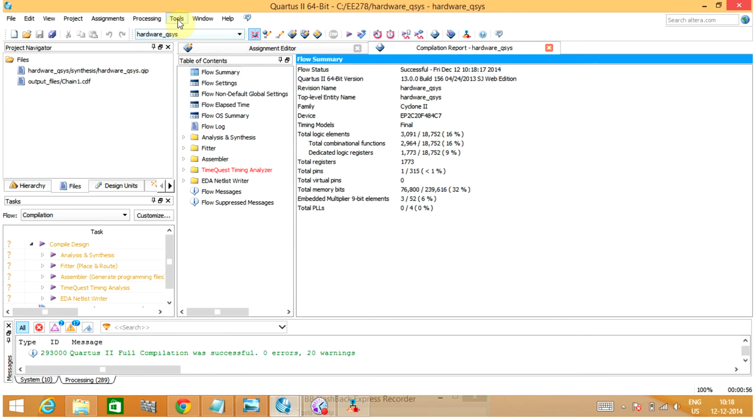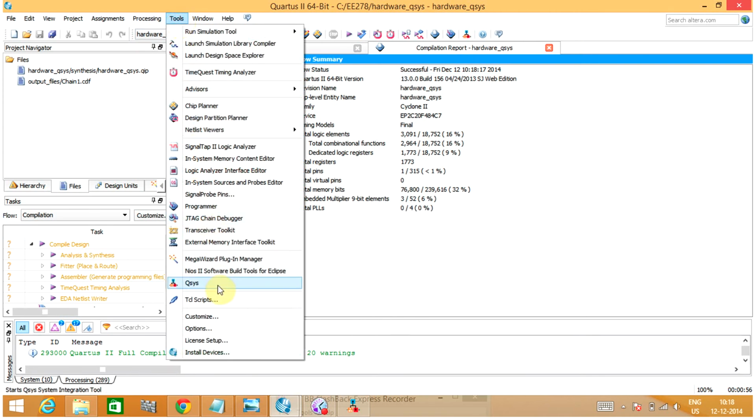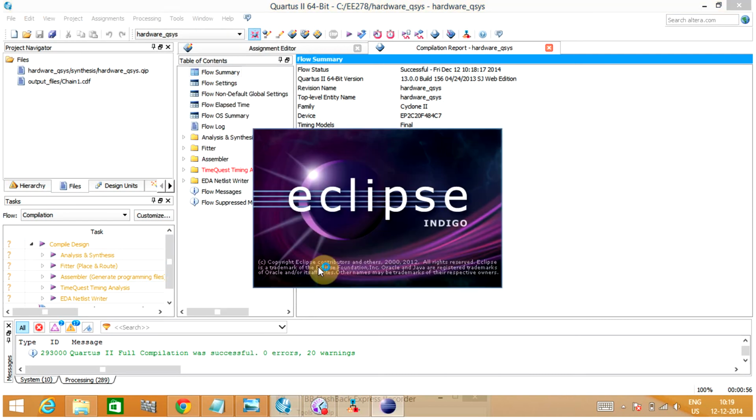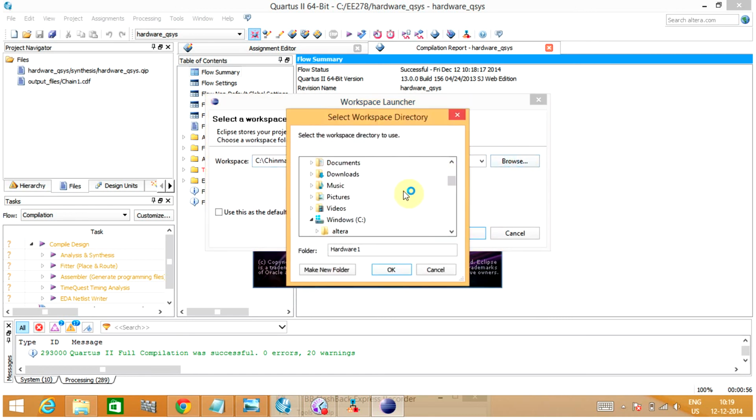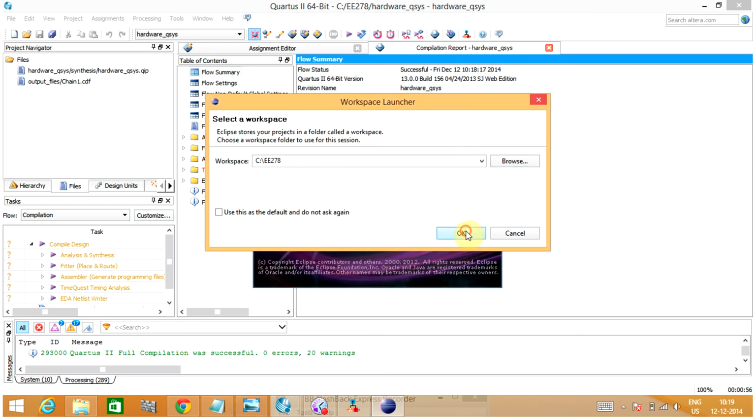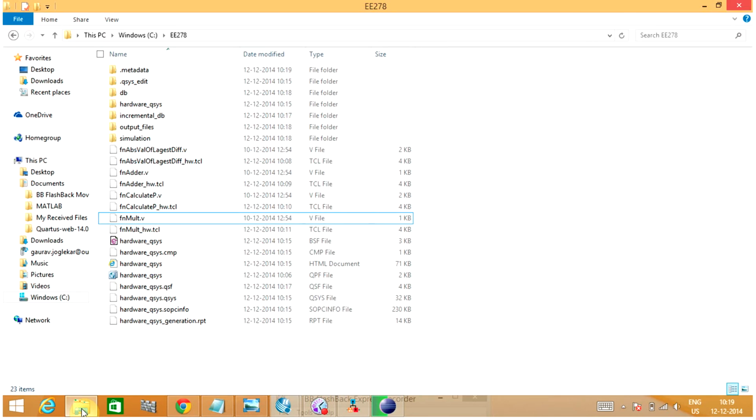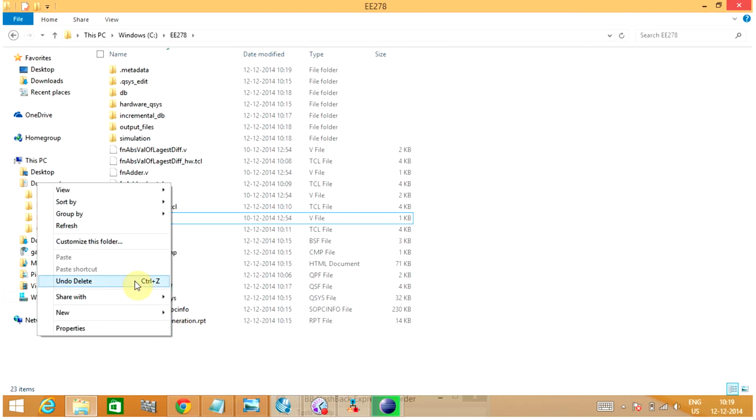The next step would be to go into Nios and try to put a C code in that and run it on the hardware. So let's go into Nios. We select our work directory. Now let's make a folder for our software over here.